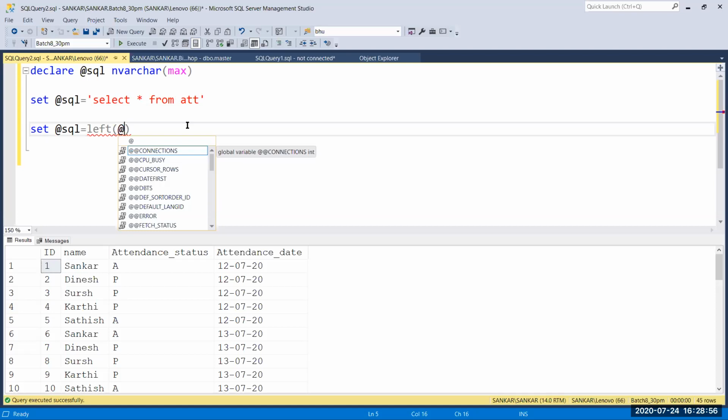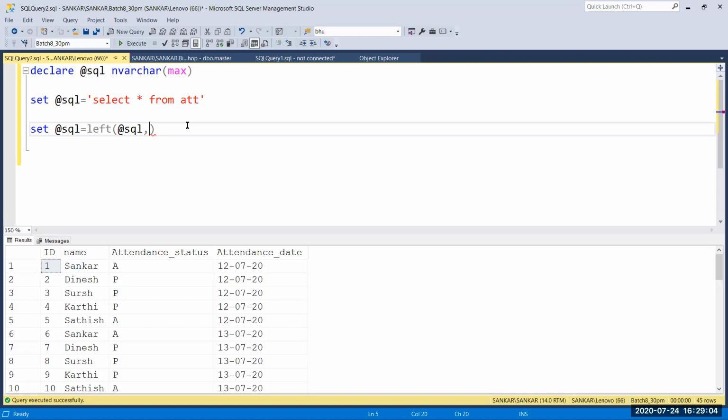Here you just pass your string, like I have a string in my @sql variable. So I'm going to pass @sql, comma, then the number of characters you want. We don't use any index positions here, just pass how many characters you want to grab. Select has 1 2 3 4 5 6, so I'm going to give 6.